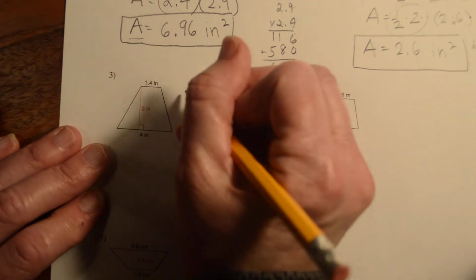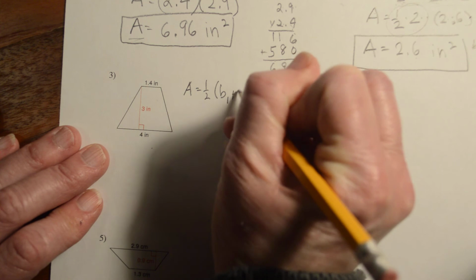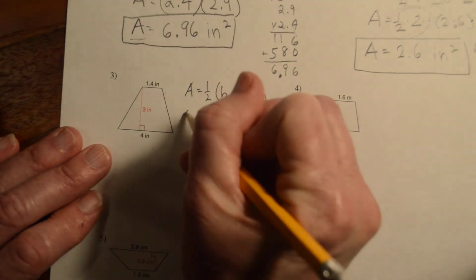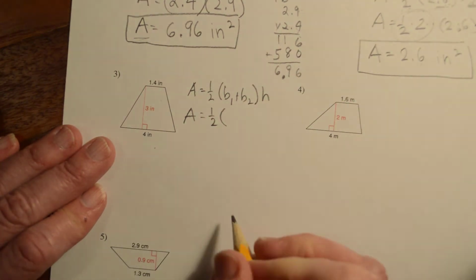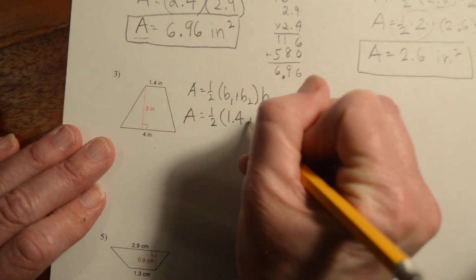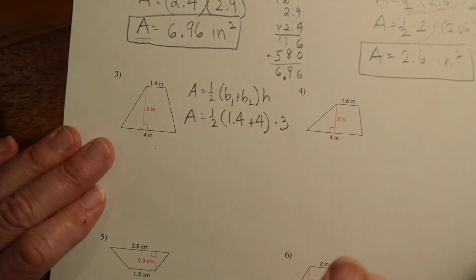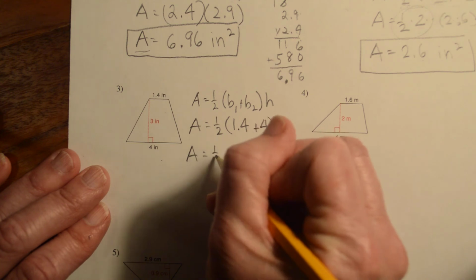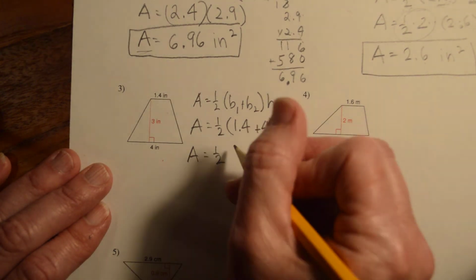Okay, again, did you remember to write the formula? Half of base 1 plus base 2 times the height. All right, half of base 1, again, I'm going to choose the top one this time. It does not matter. Plus base 2 is 4, and the height is 3. All right, 1.4 plus 4 is 5.4